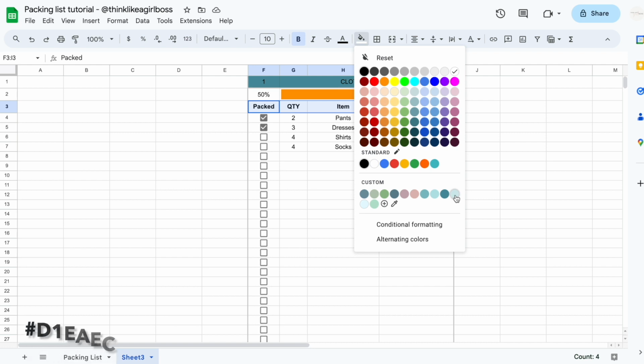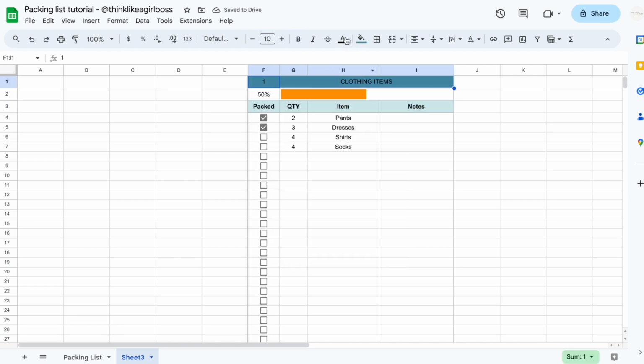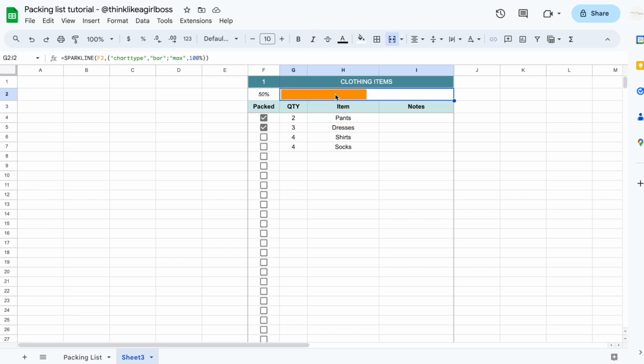I'm going to show you the value in a second. So I'm going to use that one. And again, you click on add custom color, and you can copy that light blue one. I'm going to make this font white. The percentage, I'm just going to make a bit smaller. Let's do font size 9, and I'm going to click on italic, and then I'm going to change the color